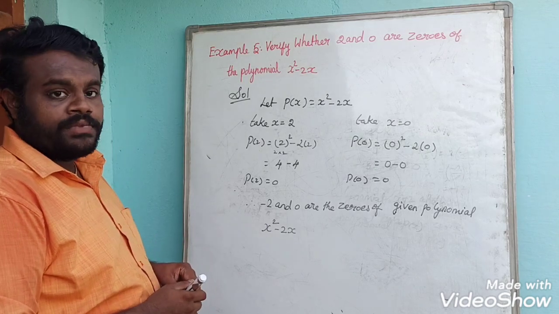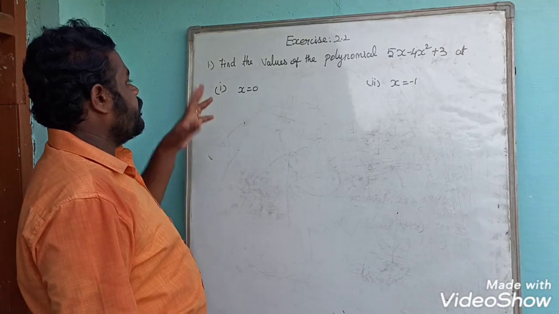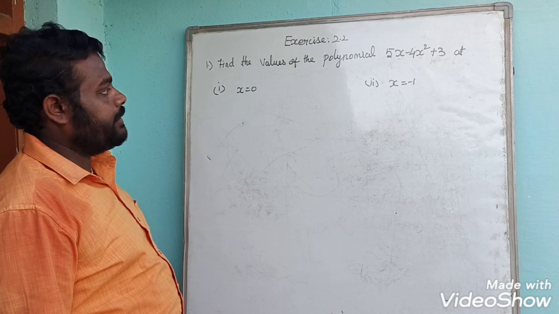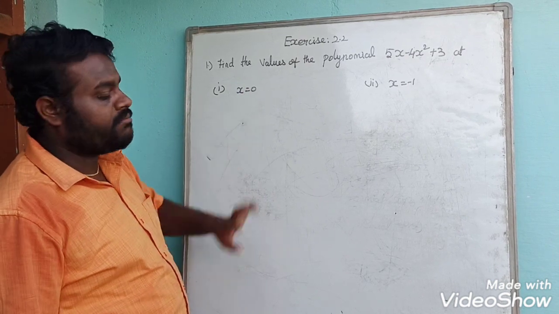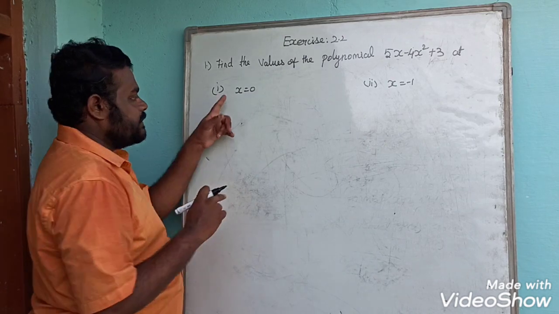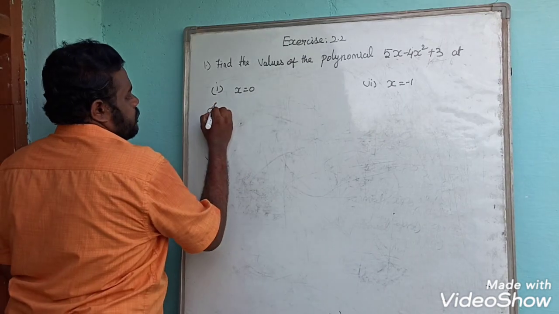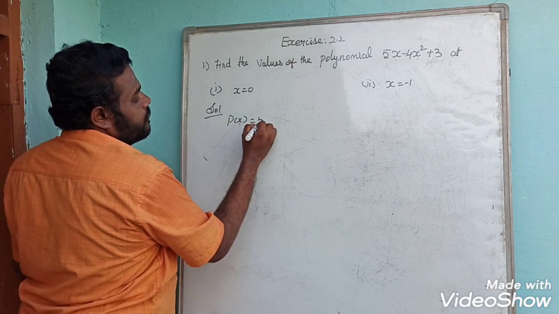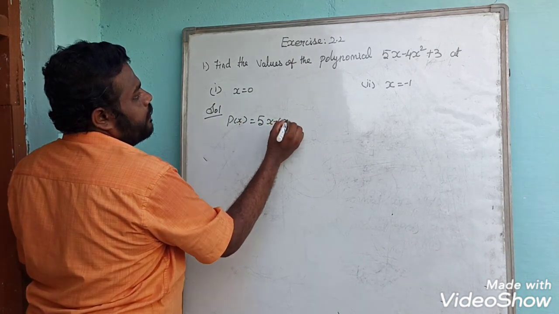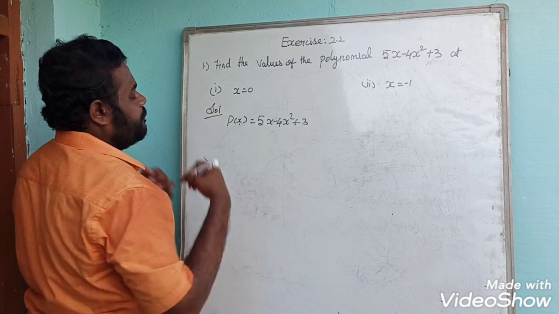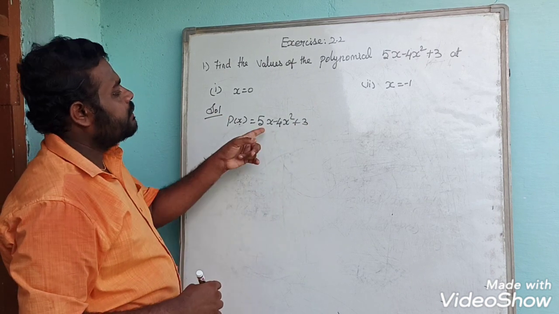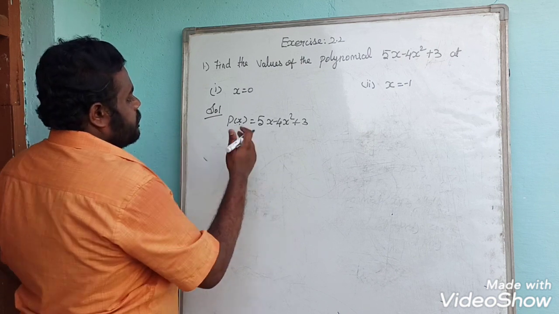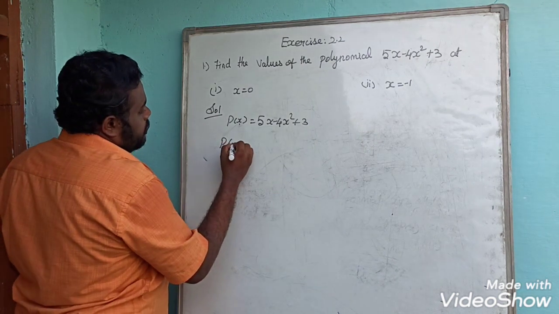Next we move on to exercise 2.2. First question: find the values of the polynomial 5x minus 4x square plus 3 at x equal to 0 and x equal to minus 1. So first we have to see the first question. Solution. Already they have given P of x equal to 5x minus 4x square plus 3. You do not have to change the order, there is no problem for that. So directly we substitute